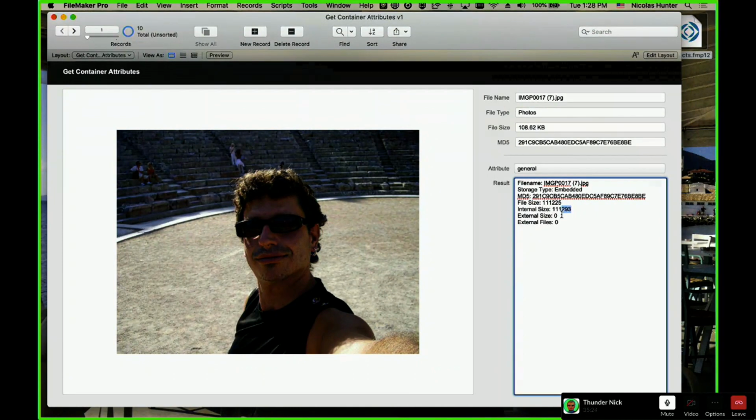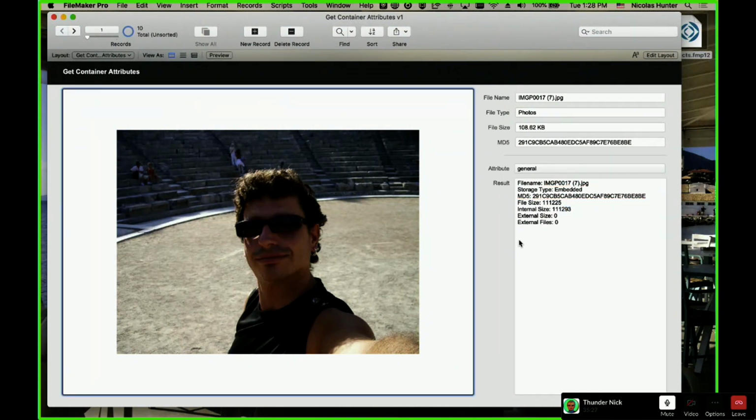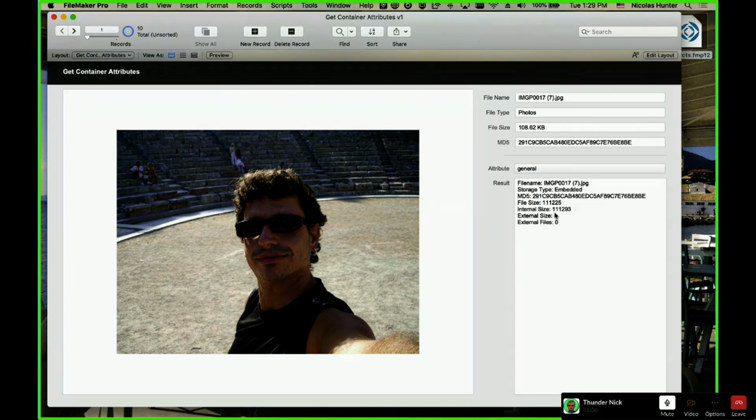Why? Because you have all the FileMaker information to store this. And you have the thumbnail, because FileMaker is creating a low resolution thumbnail to display the container. Each time you open a container, you show a container, FileMaker is generating a low resolution thumbnail out of your container. It's not showing your real container, otherwise it would be too slow. So that's why it's bigger, because it counts the file plus the content plus the thumbnail.